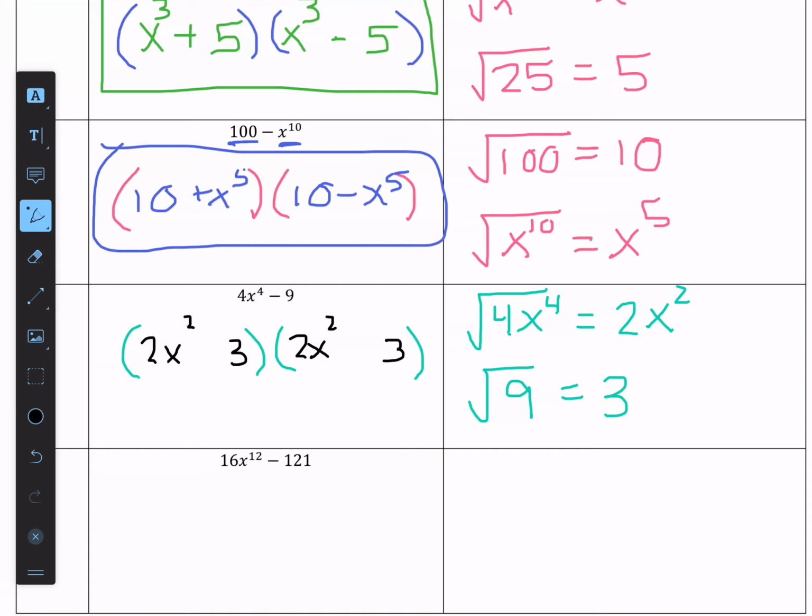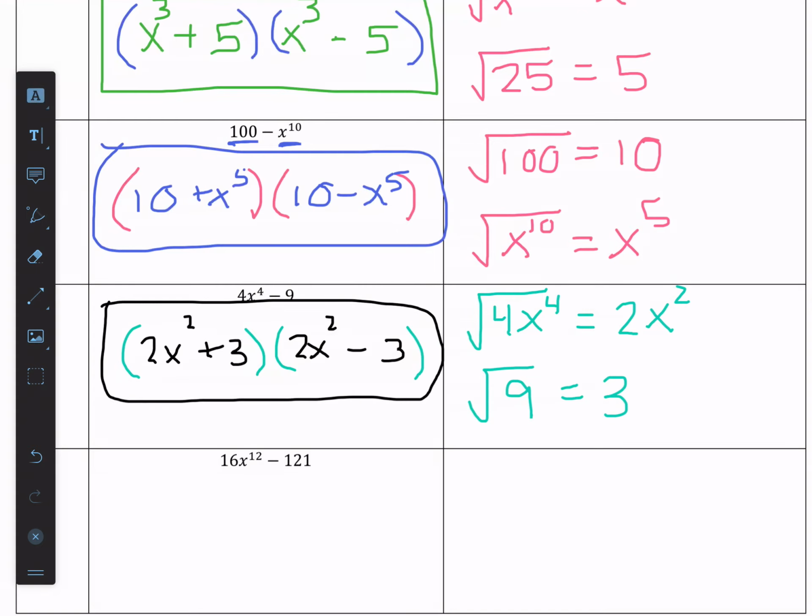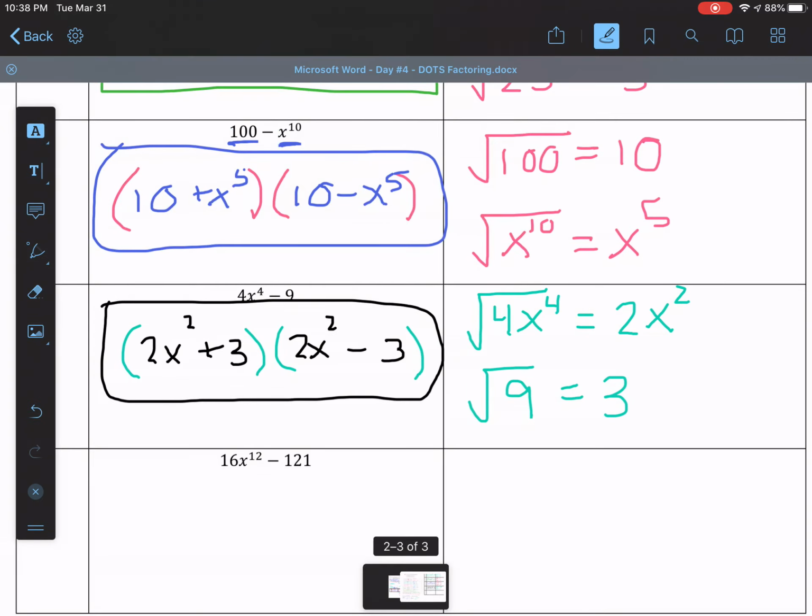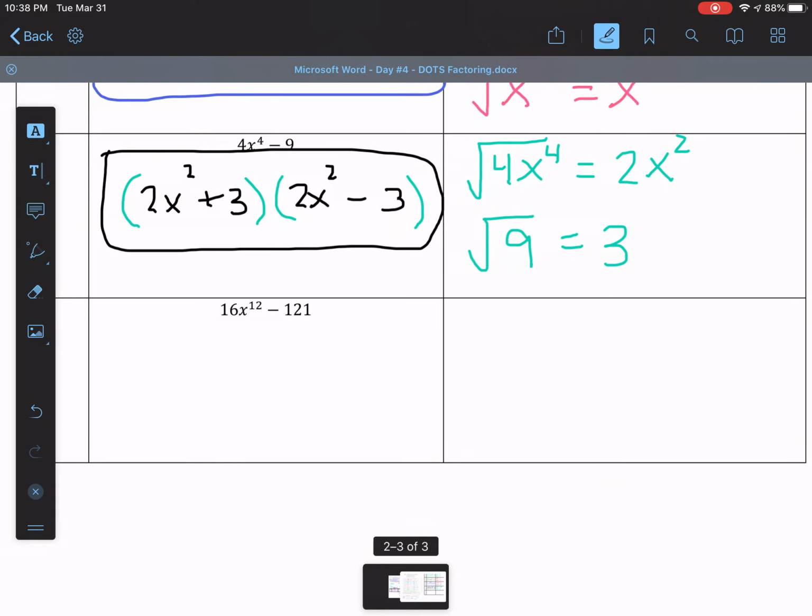So we go over here and do our double bubble. In the front of each bubble, we get 2x squared. And in the back of each bubble, we get our 3, 1 plus, and 1 minus. Oops, that's not what I had to do. All right, one more,